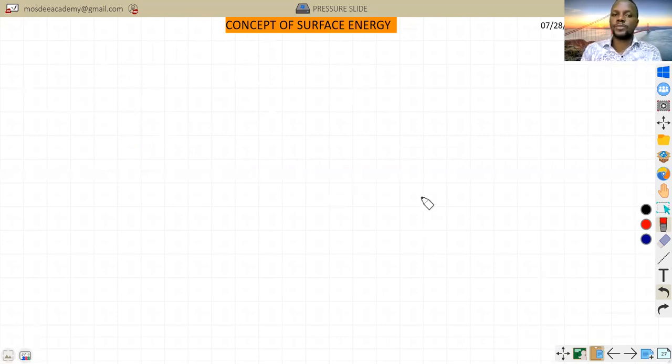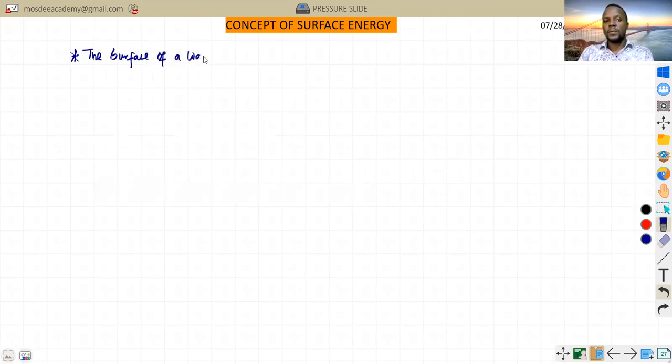Concept of surface energy. Now, about this, my dear students, we need to understand what is called surface energy. And to understand this very well, I will take us back to the topic of elasticity and work done. Now, as we have discussed, maybe we'll put down a note. As we have discussed, the surface of a liquid acts like a stretched string,